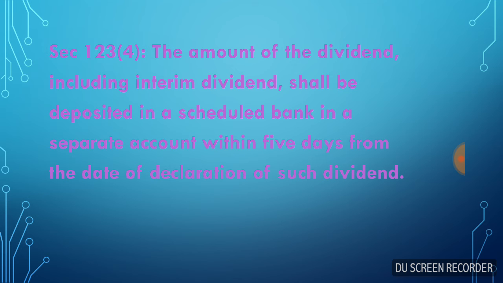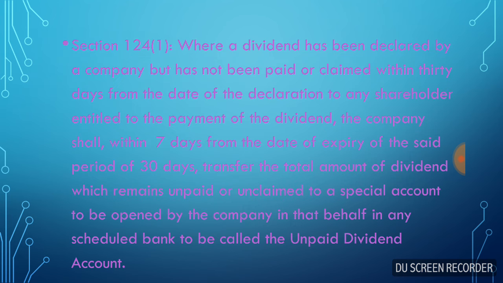Further, we will see the next section. The next section is section 124 subsection 1, which states: where a dividend has been declared by a company but has not been paid or claimed within 30 days from the date of declaration to any shareholder entitled to the payment of dividend, the company